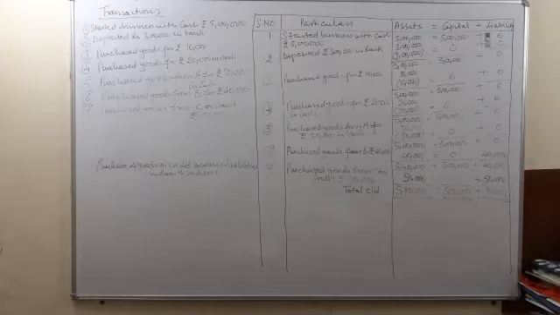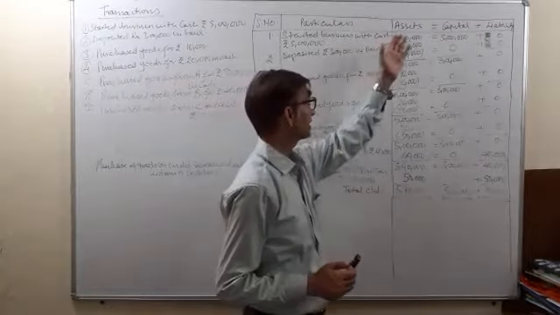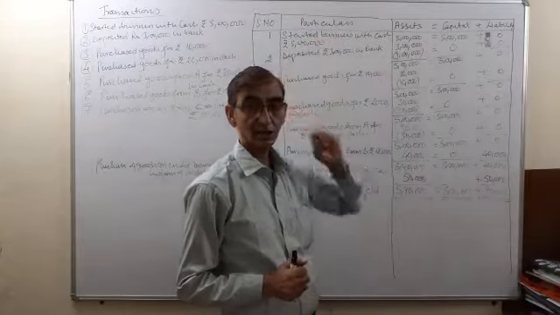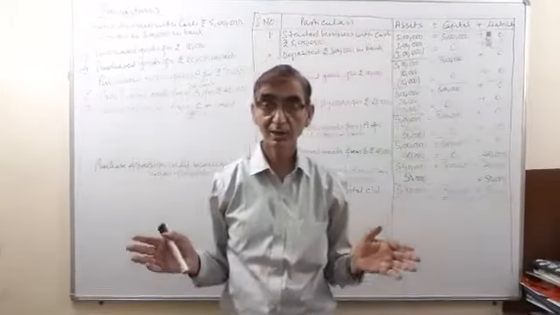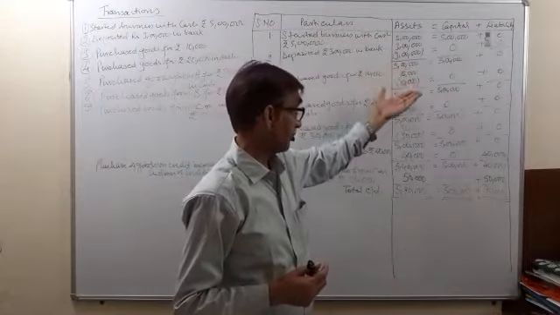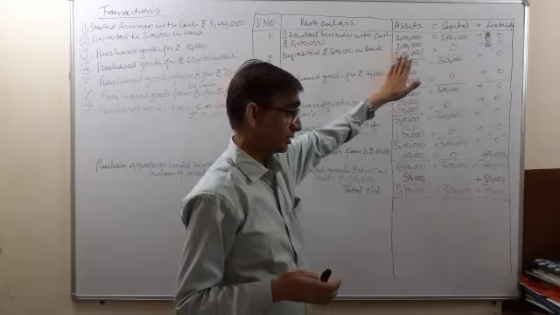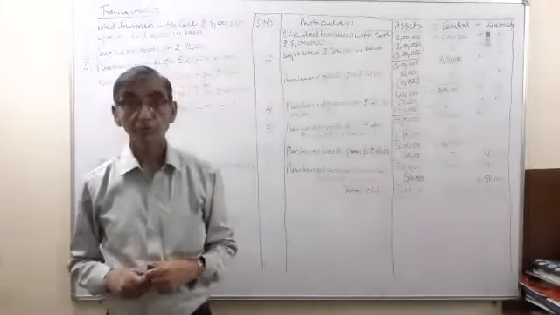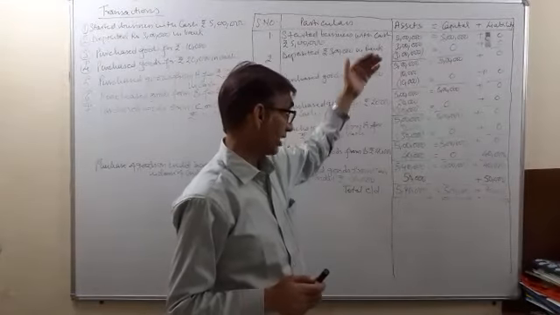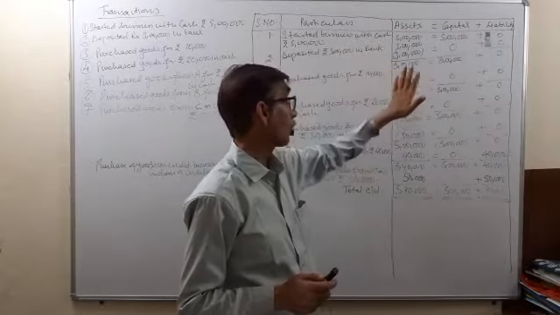So today children we are going to start to present the accounting equation, where each and every transaction that a business enterprise will perform will be shown in the accounting equation form, and for each and every successive transaction we have to see whether the accounting equation is balanced or not.